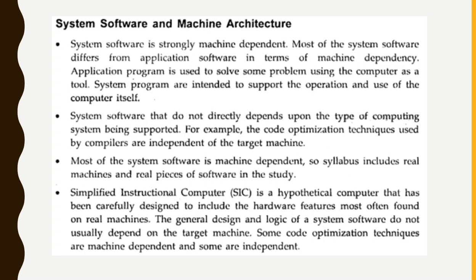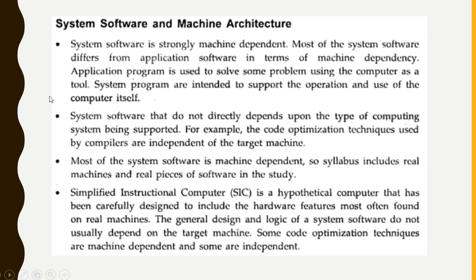So system software and application software. These are the two classifications of software. System software supports the operation of a computer. It is designed to run the computer's hardware and application programs. It is nothing but an interface between hardware and user application. Application software is focused on the application.